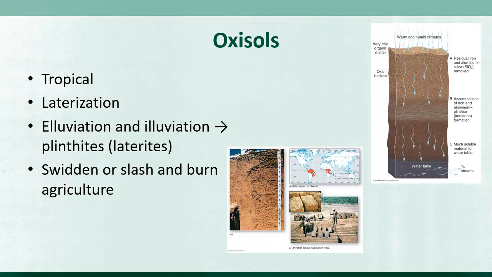This is one of the reasons why traditionally swidden or slash and burn agriculture is used in tropical areas, because there isn't a lot of good soil material. So you have to cut everything down and burn it before you can release good nutrients into the soil. The soils are often very red or weathered, rusty, literally, because of the poor soil conditions.